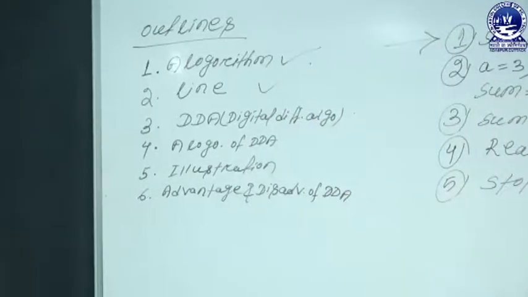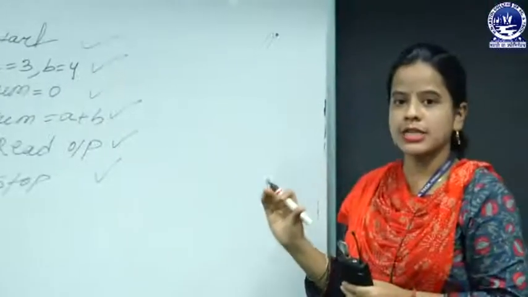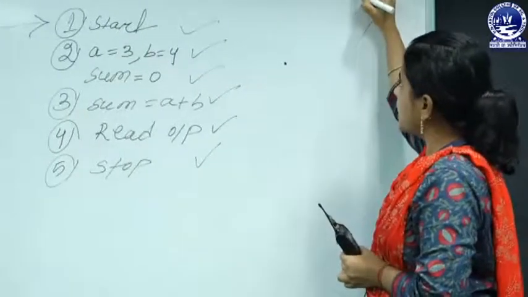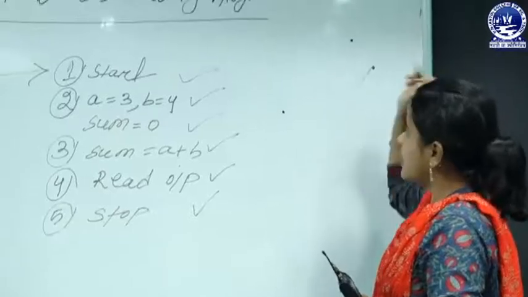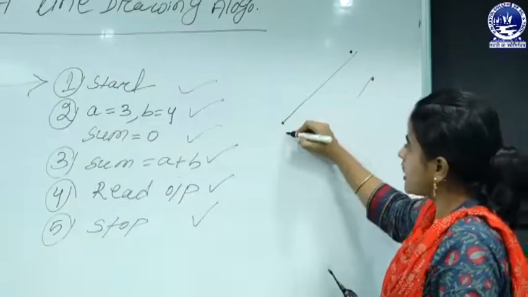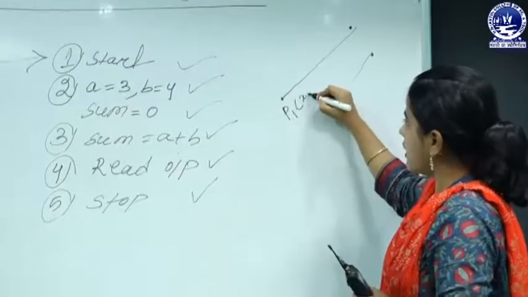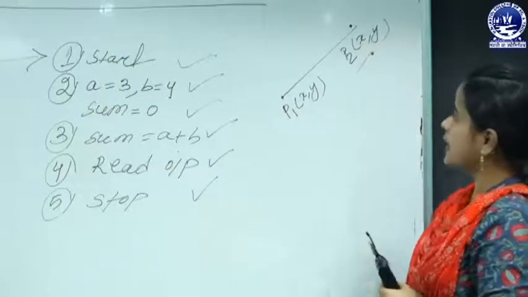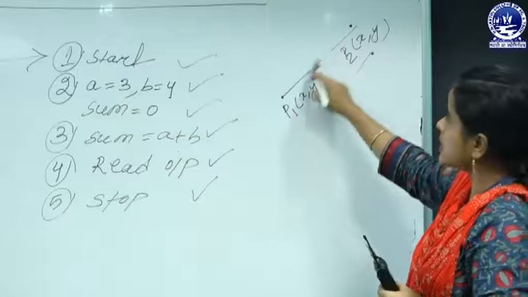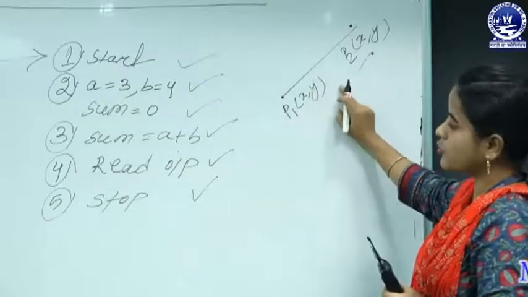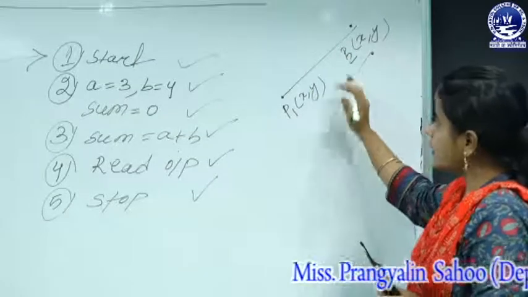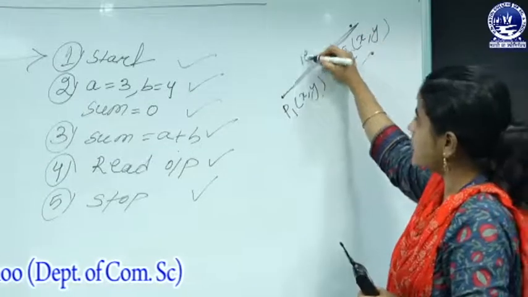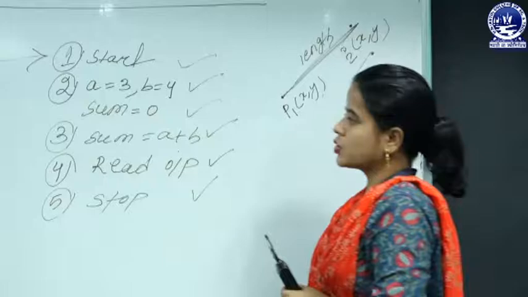Now let's go to the next concept, that's your lines. So what is a line? Generally a line is a one dimensional graph. That means a line by default contains two coordinate pixel points, suppose pixel point P1 and another pixel point P2 of x, y. That means when these two pixel points are interconnected, a line or straight line is generated. The line has no width, but it provides the given length. Okay, this is your line.